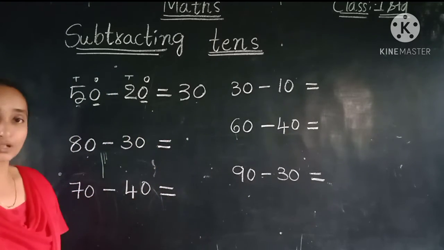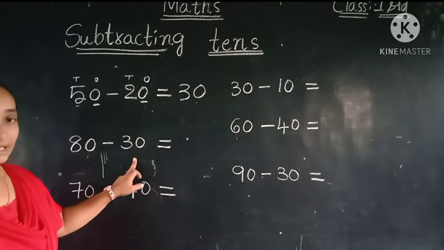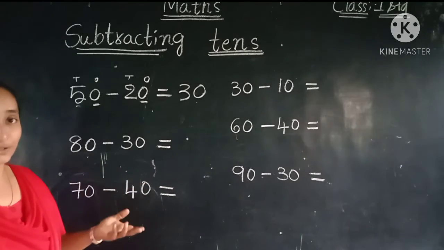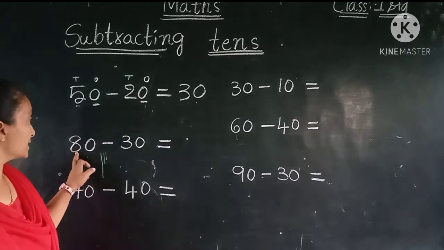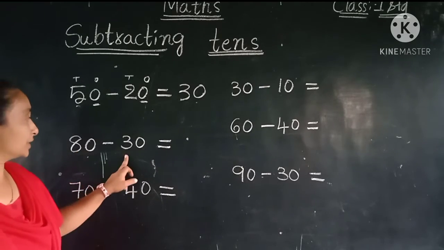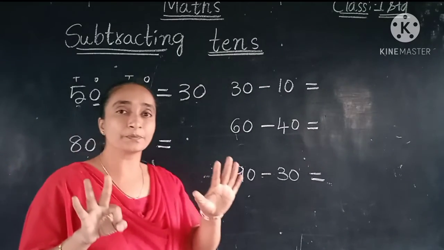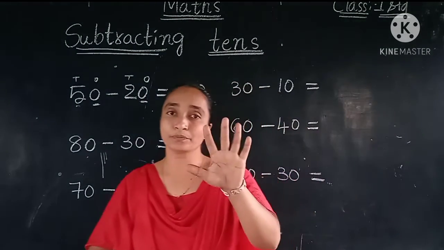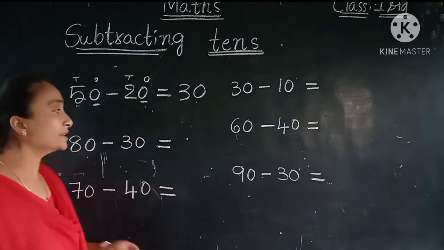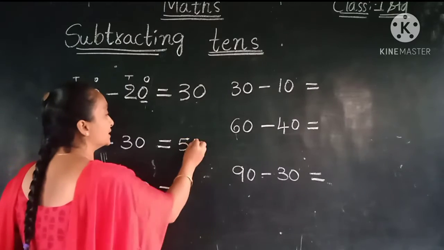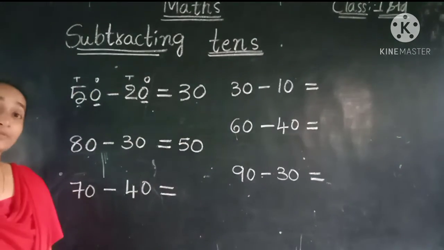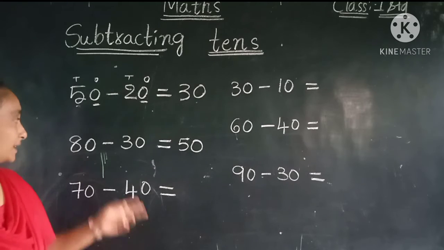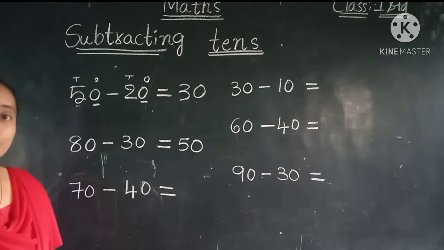Like this we can do all of them, children. Now 80 rupees minus 30 rupees. 80 minus 30. If we do the subtraction on the tens place, it is very easy. Here we have 8 tens and 3 tens. Take 8 fingers, okay children, and the 3 we can fold, remaining 5. Yes, 5 tens means 50. So how much is left now? 5 tens, 50. Only on the tens place we can do it very easily. The ones place anyhow will be 0 minus 0, 0.